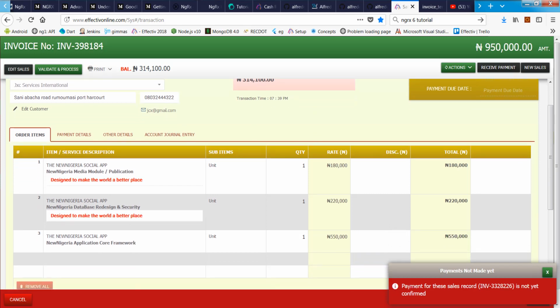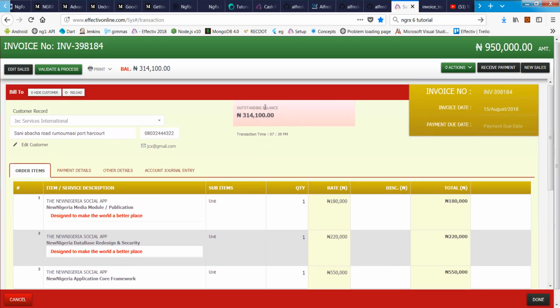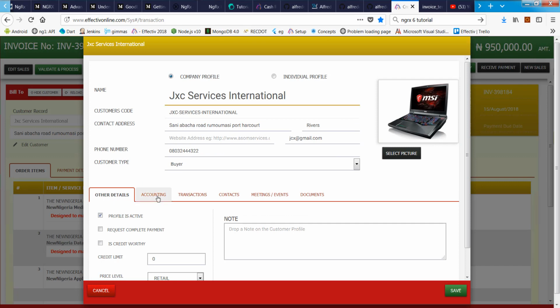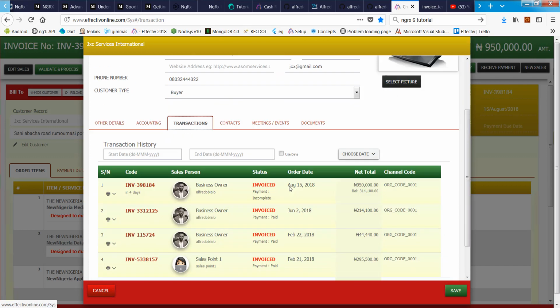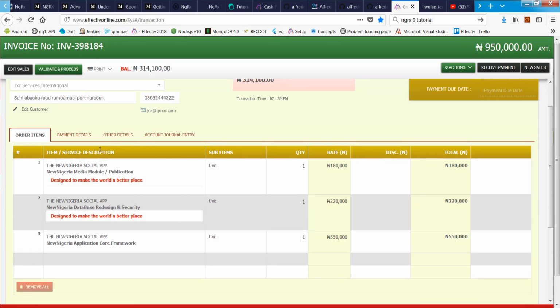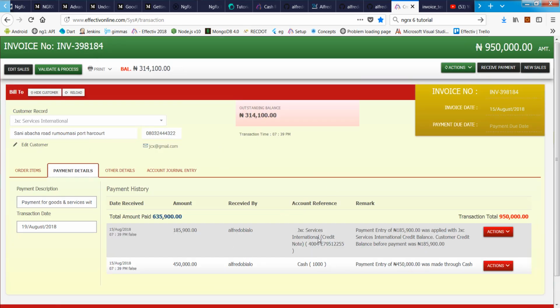Let's go into that, and we can look into this. This customer is owing a total outstanding balance of 314,100, which is similar to what he owed for this particular transaction. This is the total outstanding debt for this customer, and we could look into the customer details, accounts, transactions, existing transactions and all that. Then the payment tab shows us how